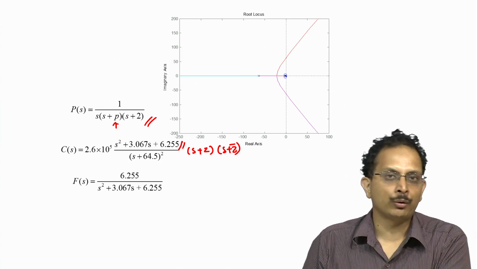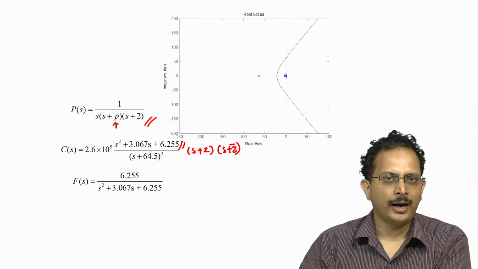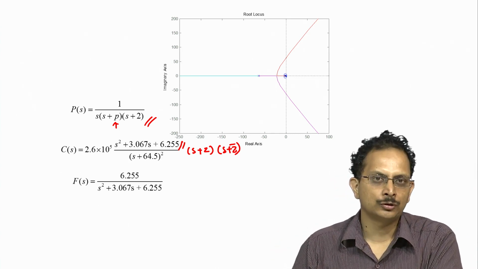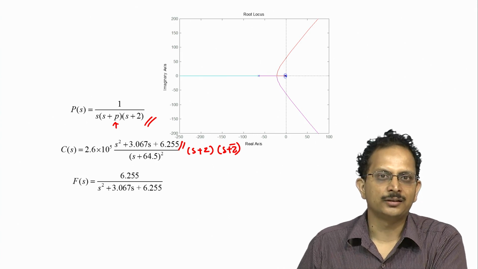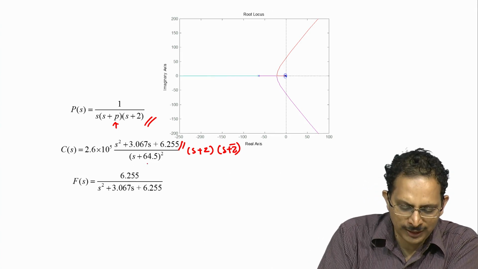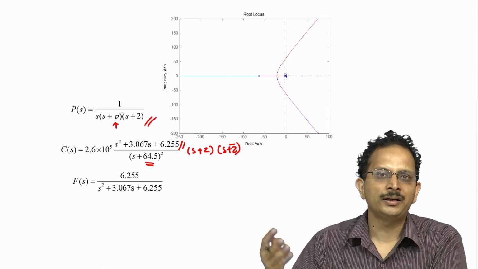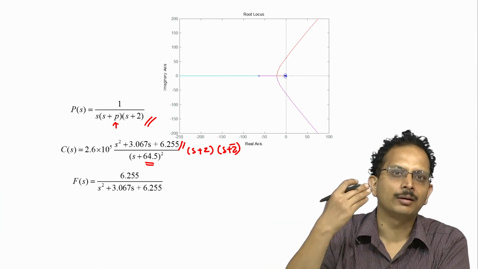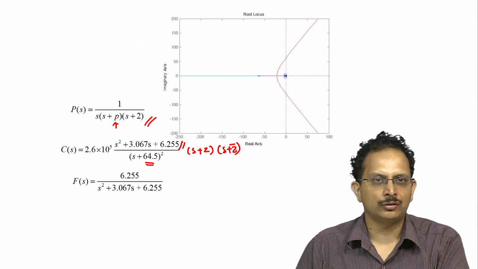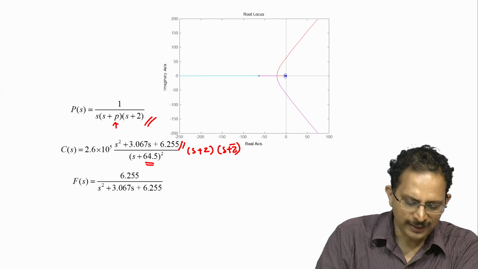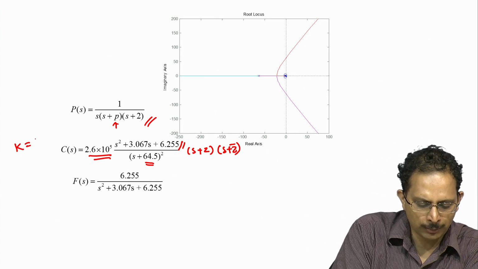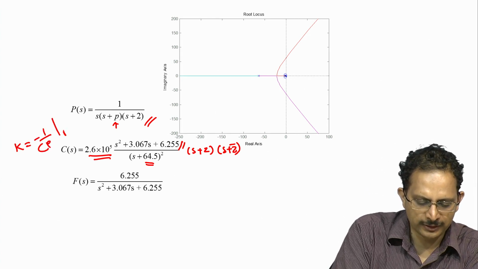The next step is to determine the location of the far away poles of the controller, and this was done using the stability considerations. Once again I urge the viewers to look at the previous clip to understand the different steps, and we discover that the two poles P4 and P5, assuming they are coincident, have to be placed at the point s is equal to -64.5 or beyond that in order for the closed loop system to be stable. Next and the final step in determination of the structure of the feedback controller is to determine its gain, which is given here, and this was determined by using the expression k is equal to -1 by Cp at the point PCL naught.